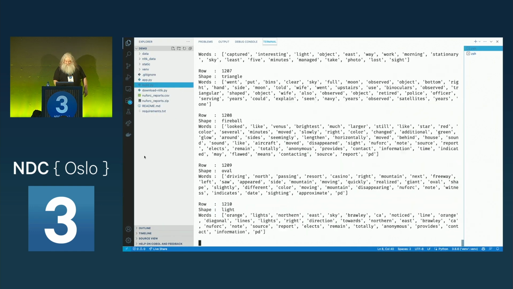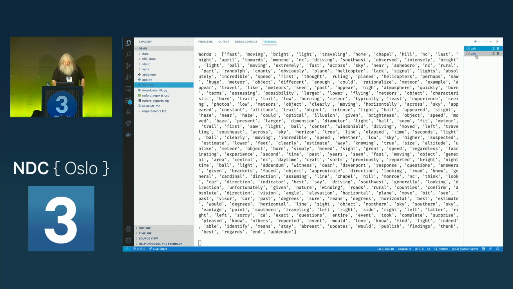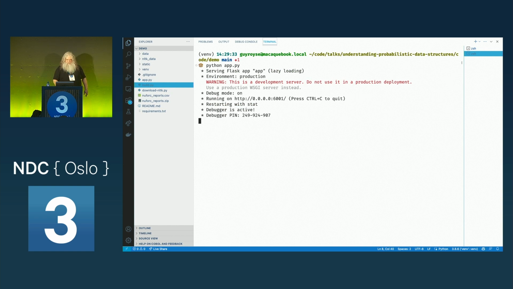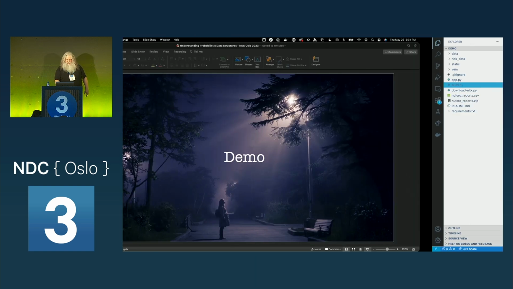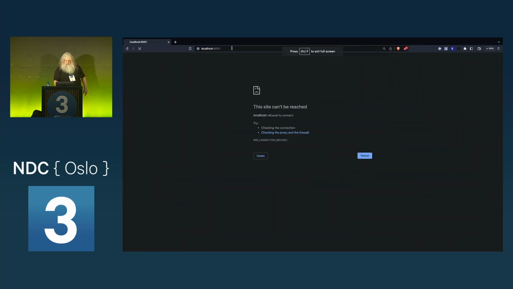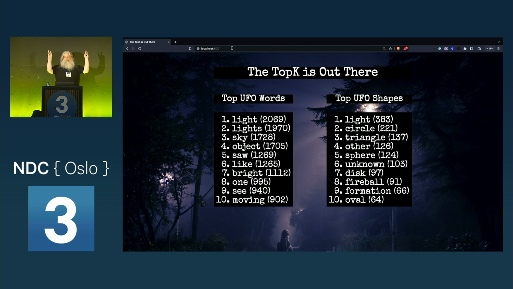So I've got another little bit of code here, though, that is a little app that makes this look a little nicer. Oh, there we go. And we're going to run app.py. And so now I've got a little web server running. If I go to localhost port 6001, it's basically querying. It's doing the commands that I just did, but just through a REST call periodically. A REST call. It's not really RESTful. It's just a call.